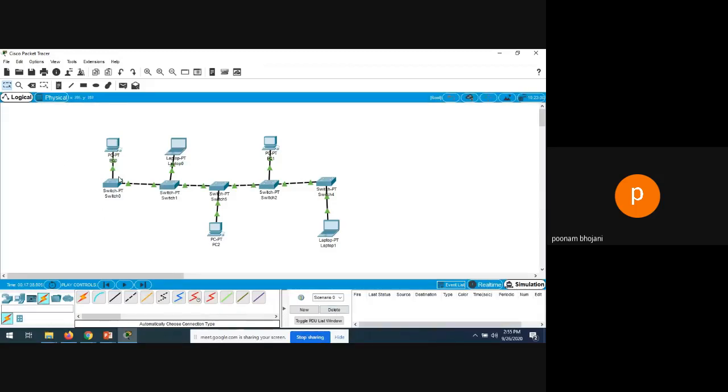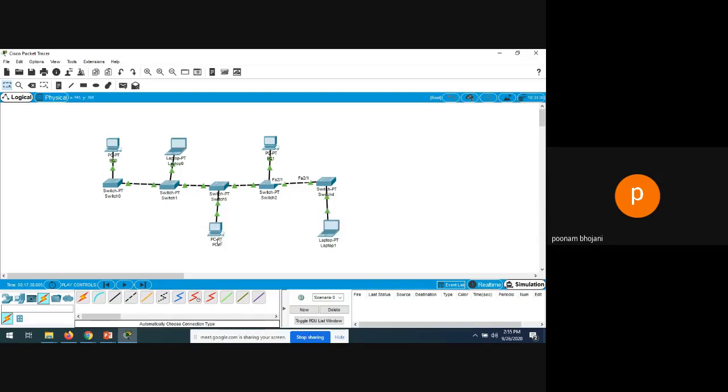In a bus topology, a very important point is that you cannot connect all the devices with a simple connection. You have to put a tap. A tap is nothing but it can be used as a hub. Also, it can be a switch. A switch can also be used. But if you use a hub instead of a switch, what will happen?